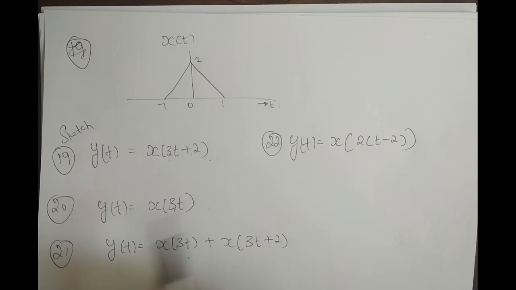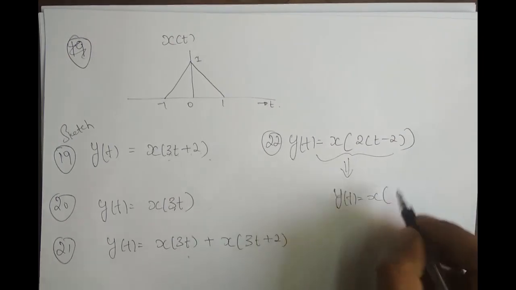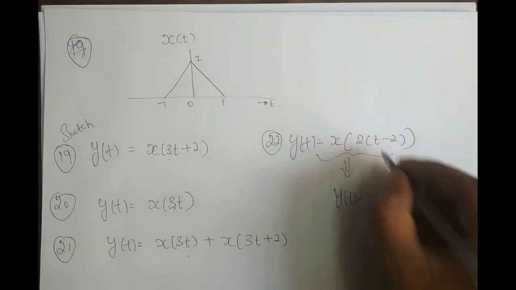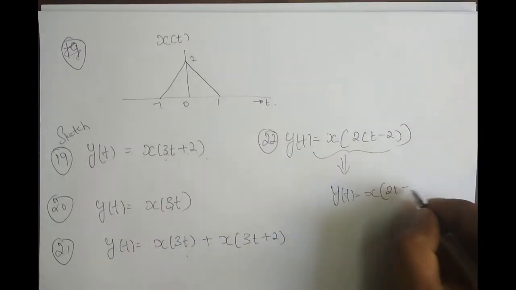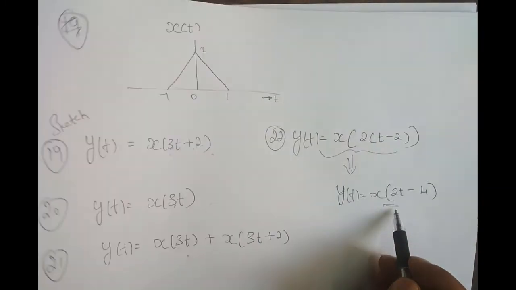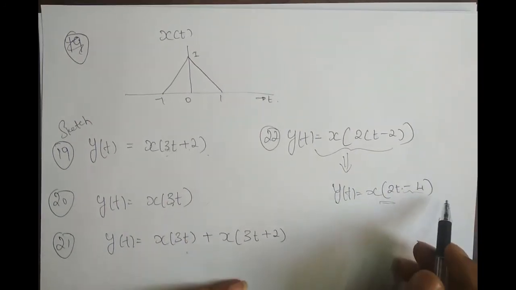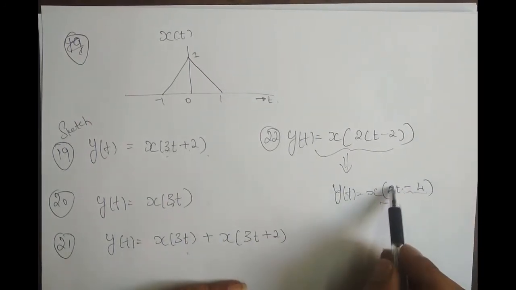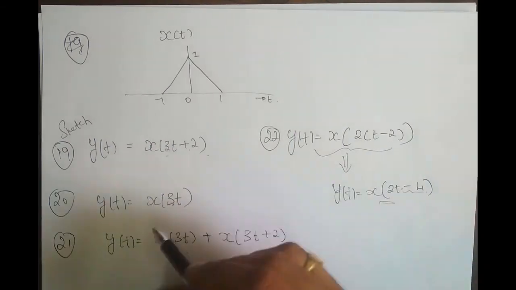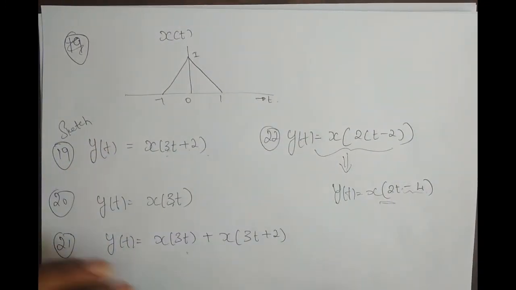Now how do we approach this signal? This is y of t equal to x of, if I put it in standard form, 2t minus 4. Now this involves the precedence rule. What do I need to do? Step 1, I have to shift it right 4 times because of the minus and the 4. Then you have to time scale it by a factor of 2. Since a is 2, you have to multiply everywhere in the independent variable of this signal by 1 by 2. Okay. So try to solve this problem.